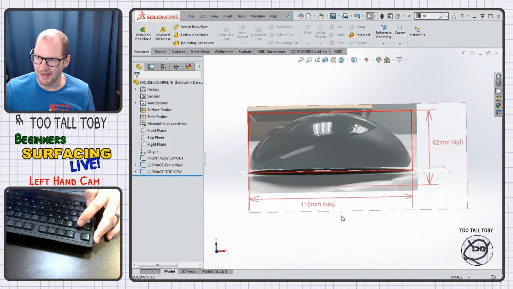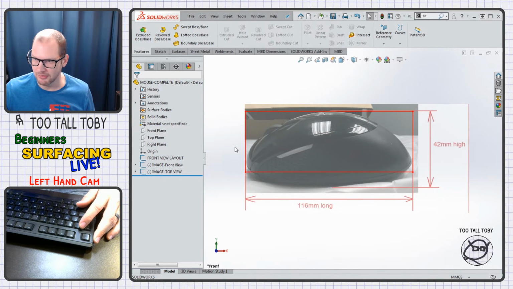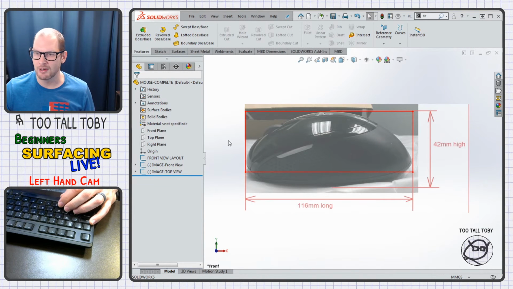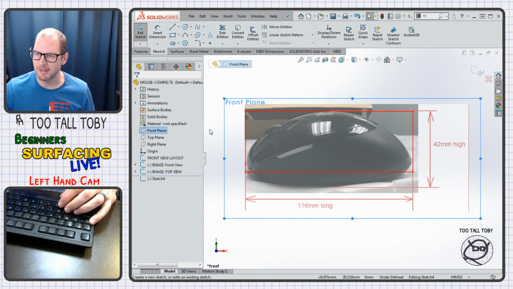But I don't think there's a lock. That might be a good enhancement to suggest to the development team. So now we need to create this curve. And as we talked about a moment ago, projected curves are going to be some of your best friends in the SOLIDWORKS surfacing environment. So I'm going to go here to front plane, begin a sketch, and I'm going to